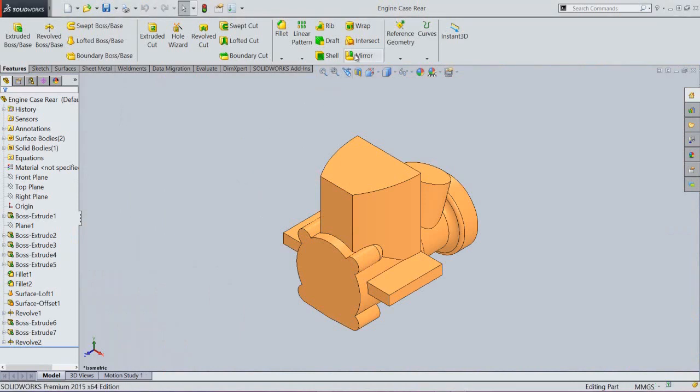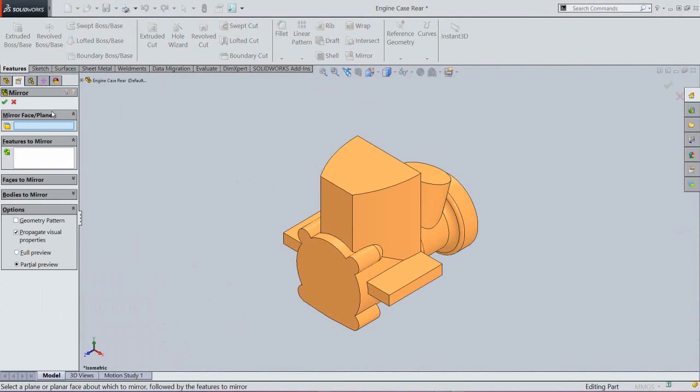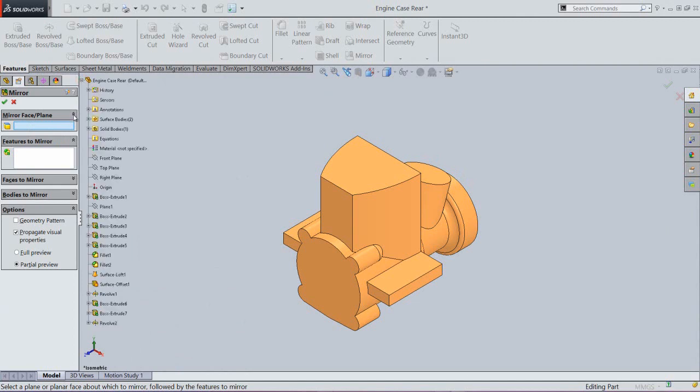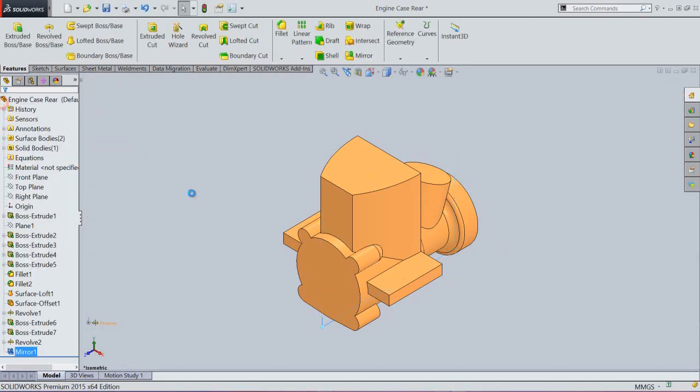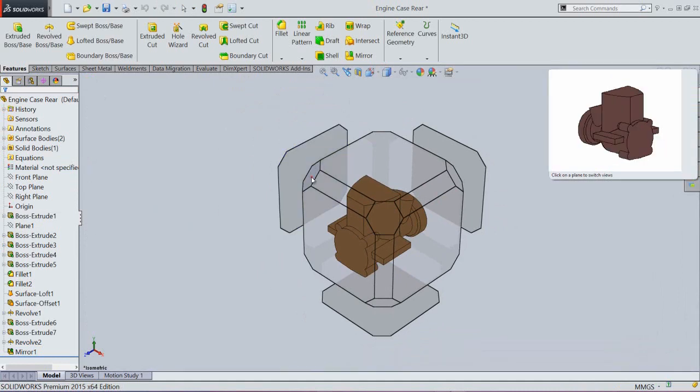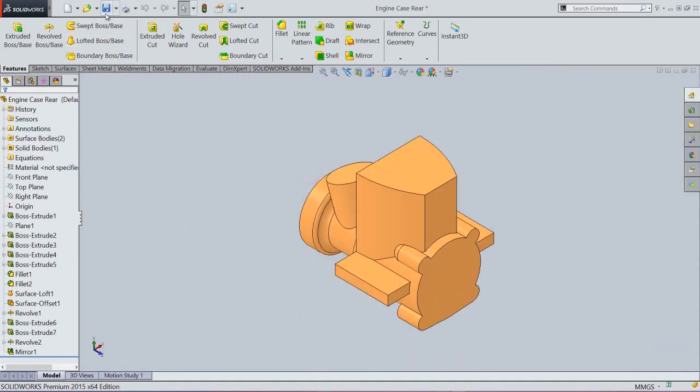Now we will activate the mirror command. Select right plane, it will keep as a mirror plane, and choose this revolve feature. Click OK. Now my mirror feature is created over the opposite side of the model.